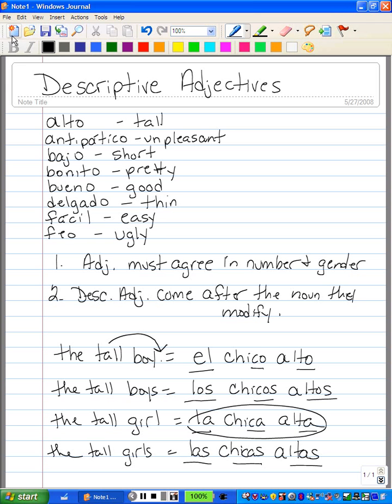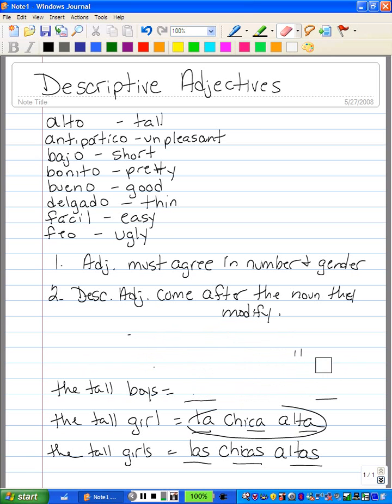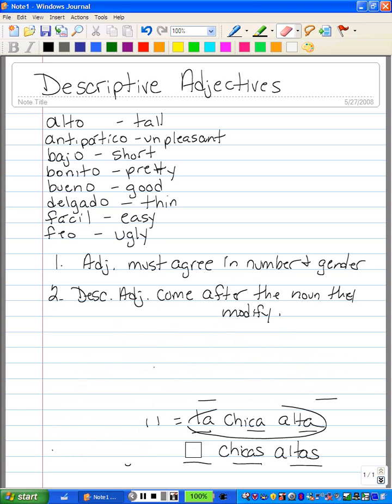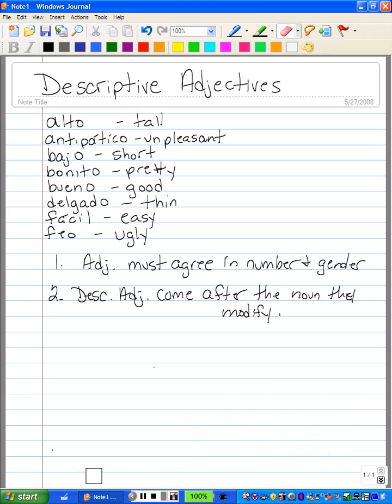Alright, let me give you another example. Let me erase my board here for a second so I can fit some more on this page without having to change pages. Alright, we'll do the word bonito.